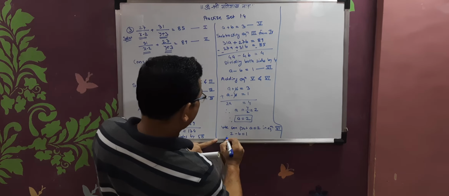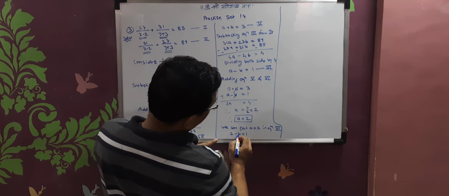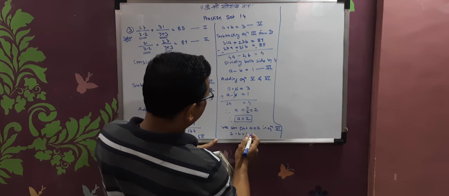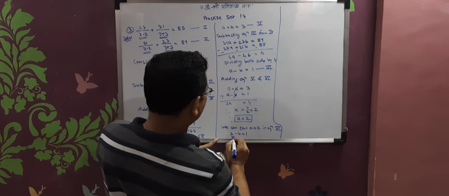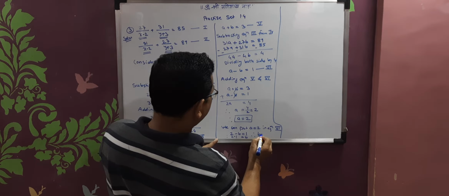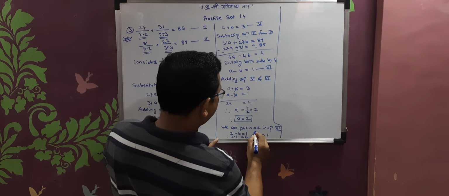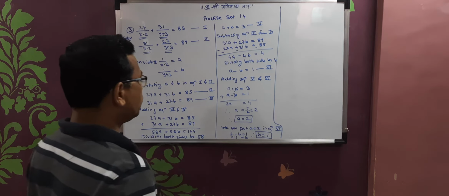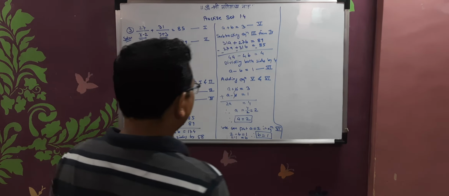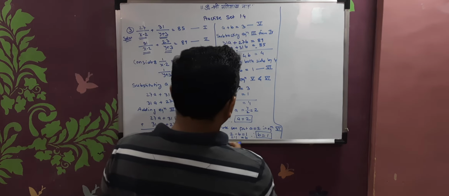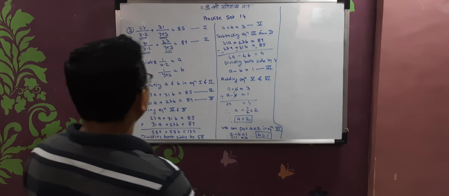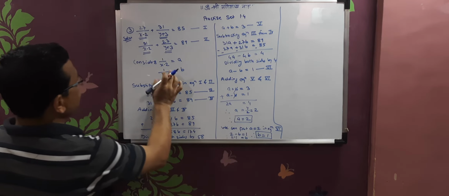We will carry minus B to the left hand side and carry 1 to the right hand side. So it becomes 2 minus 1 is equal to B. So B is equal to 1. So A is equal to 2 and B is equal to 1. So we have found both the values. Now we will put all these values in these equations.